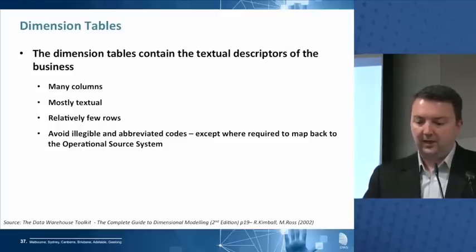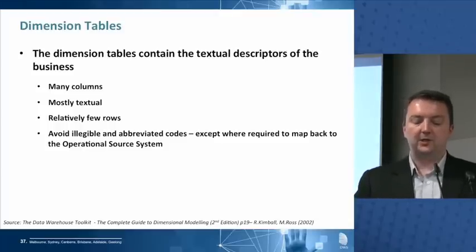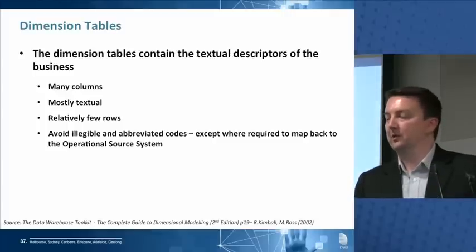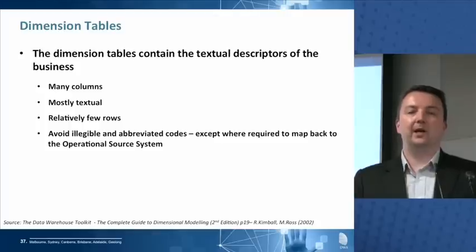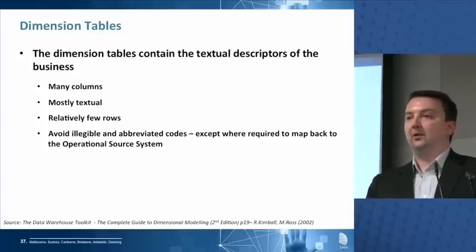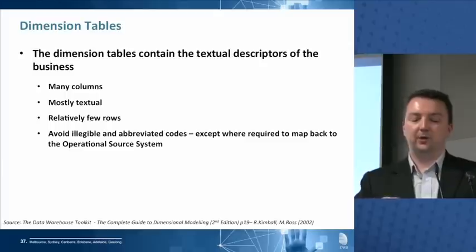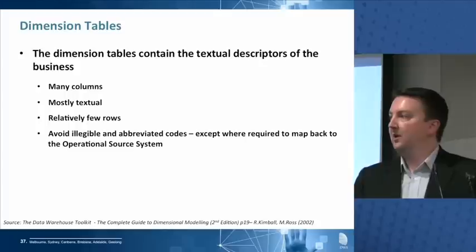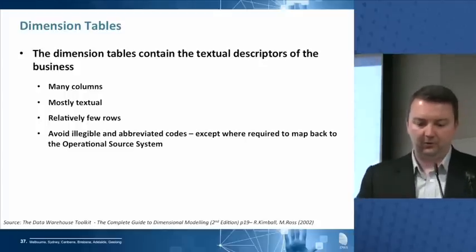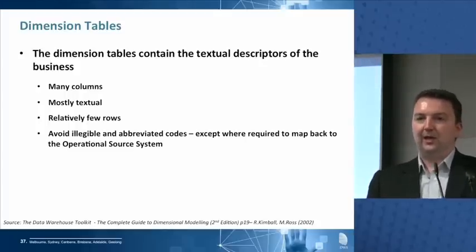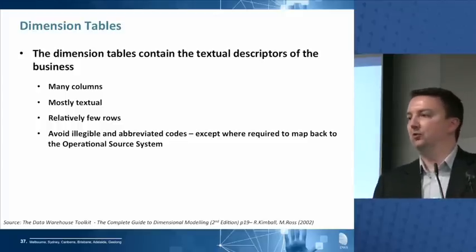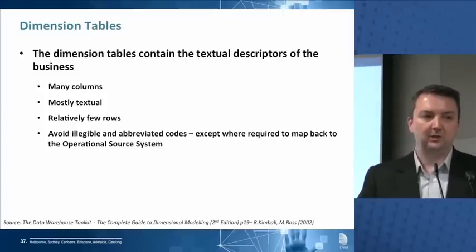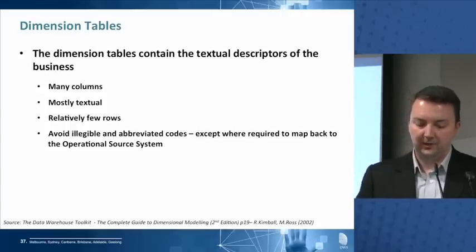Okay, dimension tables. So in a dimension table, what you're going to see is hopefully a lot of columns, a lot of descriptive columns, because in a data warehouse we want a lot of different ways of describing the same things. We want short descriptions for portrait reports. We want long descriptions for wider reports, landscape reports. We want lots of classification and grouping type attributes in there. The more ways that we can describe our dimensions, the more powerful our data warehouse is.